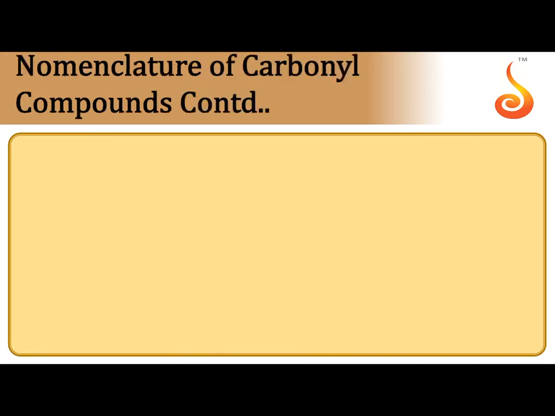Nomenclature of aldehydes and ketones in brief. RCHO is an aldehyde, RCOR is a ketone. You select the main carbon chain including the carbon of the CO. Root word is al, primary suffix may be an or en, secondary suffix is al. So the carbon present in the CHO group gets number 1.